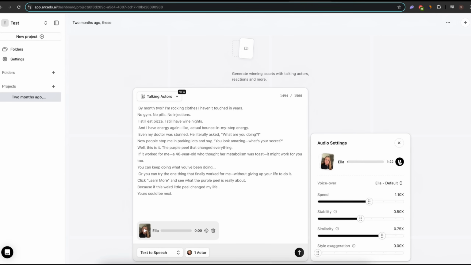2 months ago, these didn't fit. I was a size 18. Today, size 10. No workouts, no crash diets, just this odd little purple peel. I tried everything. Spinach and chicken, boring, keto, paleo,